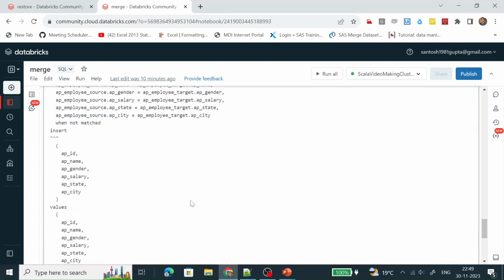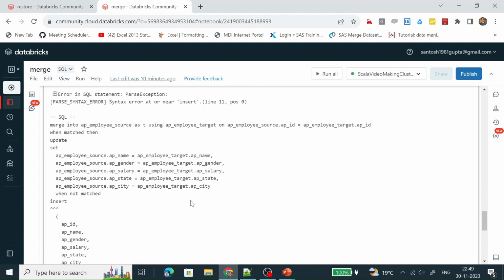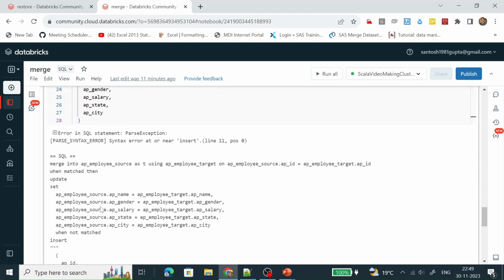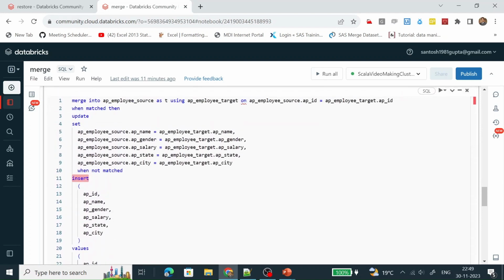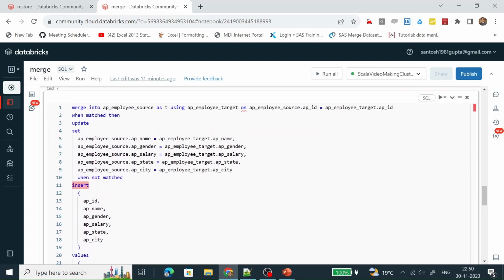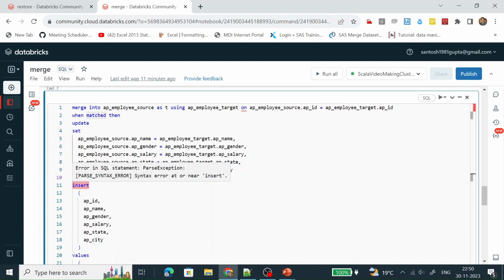command. It's saying some error has occurred. Insert, what is it saying here? Here it has a problem. When not matched, then it is not inserting.